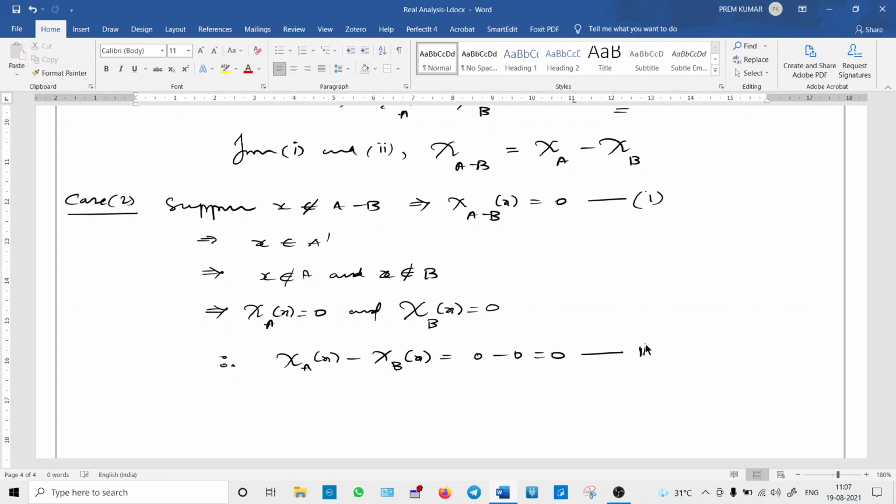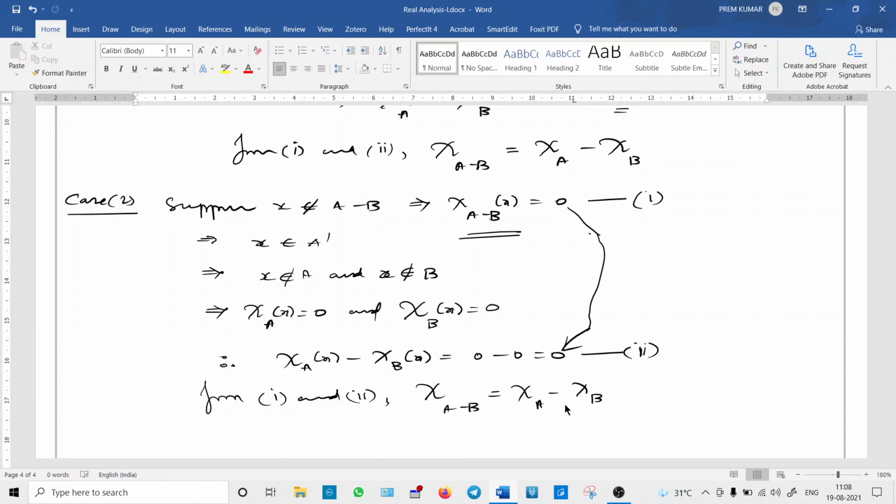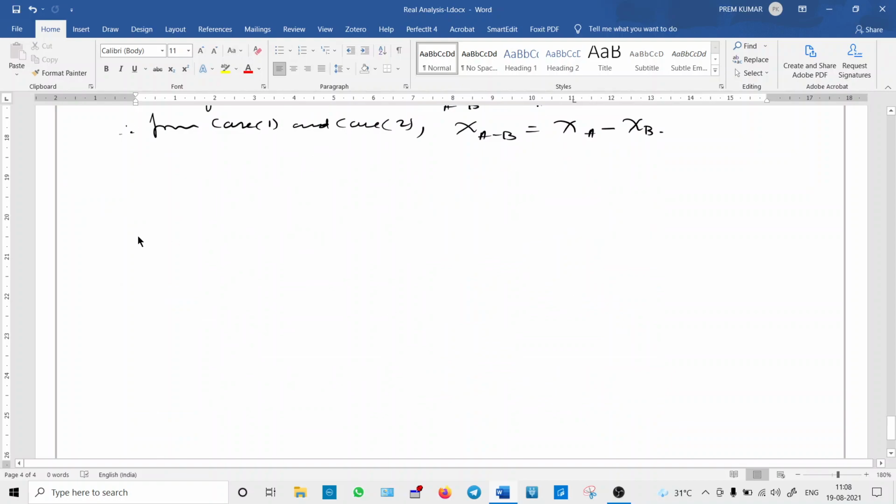This is 2. So under case 2, from 1 and 2, we get chi A minus B equals chi A minus chi B, because both the right hand sides are equal. You can see both the right hand sides are equal. Therefore, from case 1 and case 2, we get that chi A difference B equals chi A minus chi B. So we put it, and the final thing is,